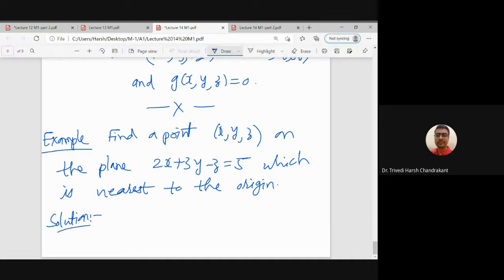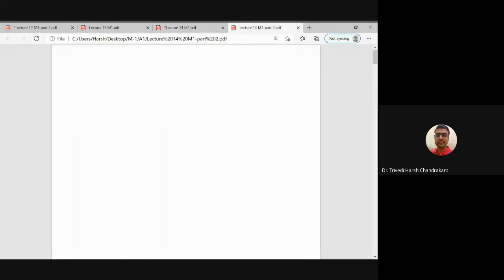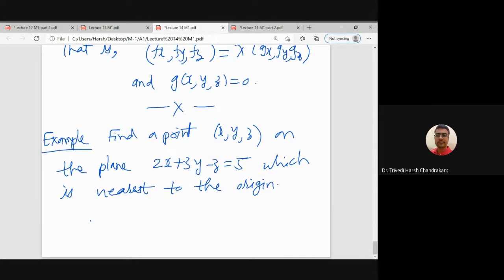So basically what we need to do here, let us do in the next PDF file. What is the question? The question is to find the point on this plane which is near to origin. So that means we are finding basically the distance between x, y, z with the origin. So distance function of x, y, z with origin